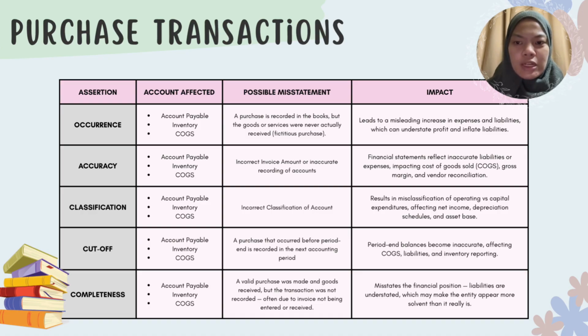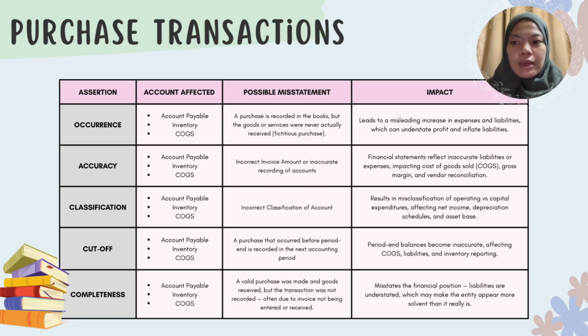So the effect is that financial statements reflect inaccurate liabilities or expenses, affecting cost of goods sold, gross margin, and vendor reconciliations. Next is classification, where the possible misstatement was incorrect classification of accounts. So the impact was a misclassification of operating versus capital expenditure, affecting net income, depreciation schedules, and asset bases. Next is cut-off. The possible misstatement is a purchase acquired before the period end but recorded in the next accounting period. So the impact is that period and balances become inaccurate, affecting COGS, cost of goods sold, liabilities, and inventory